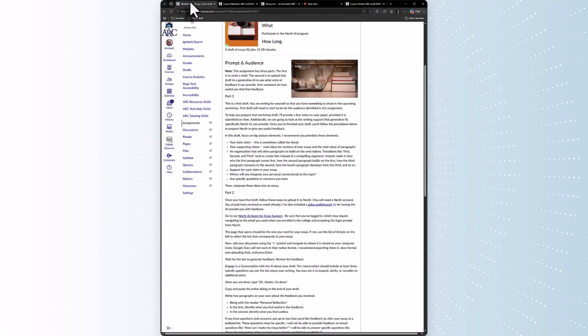Hey folks, I wanted to take a couple minutes and walk you through using the Nectar AI support for our class. You can use this support for discussion boards or essays and pretty much any part in the essay draft. An important point to remember is that this AI assistance will help you with idea generation, organization, finding sources. This is kind of big picture stuff, as well as more